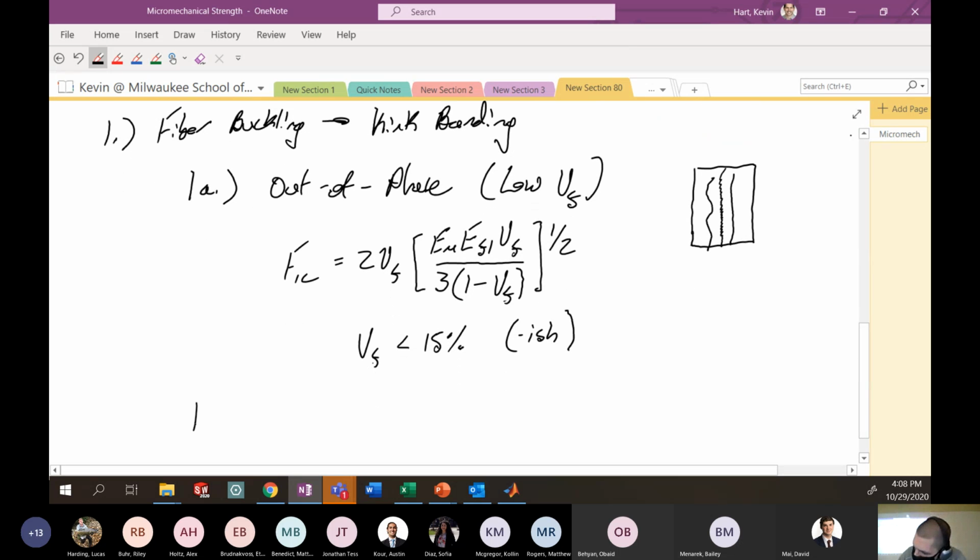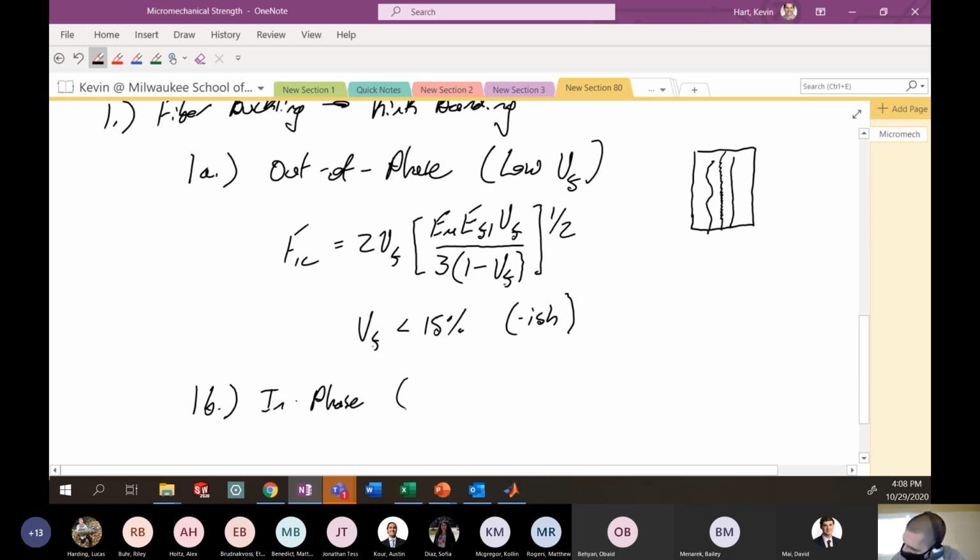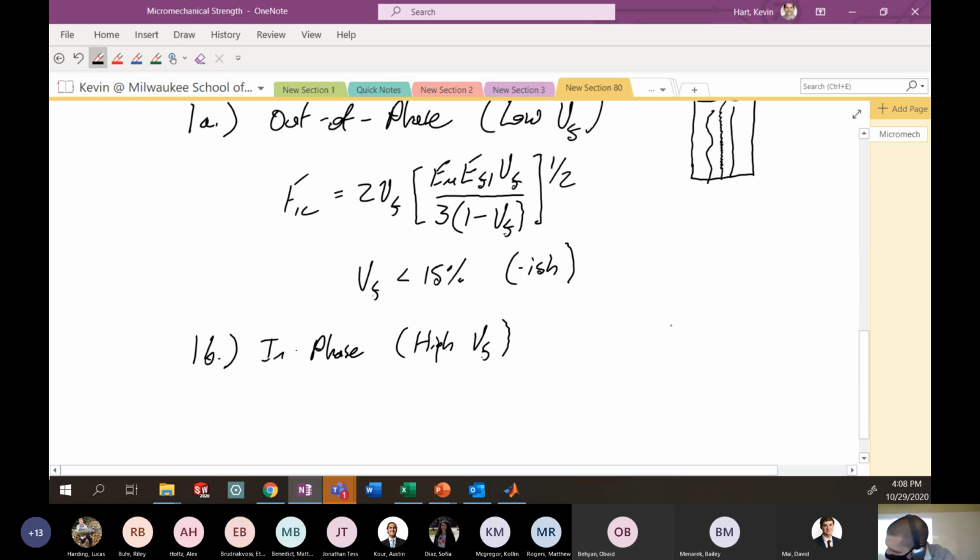We also said that there was this in-phase buckling, 1B or not 1B. So this is higher VF. In the picture here, there's enough density of fibers inside the material so that when you load it, they're all buckling in the same way, buckling in phase with each other,